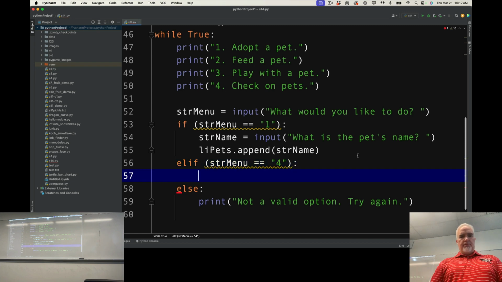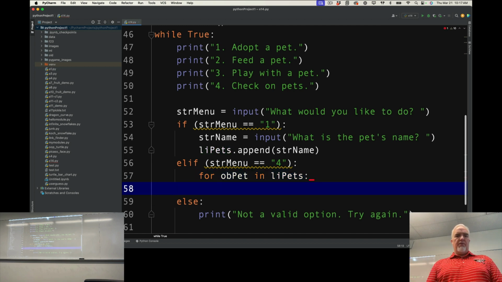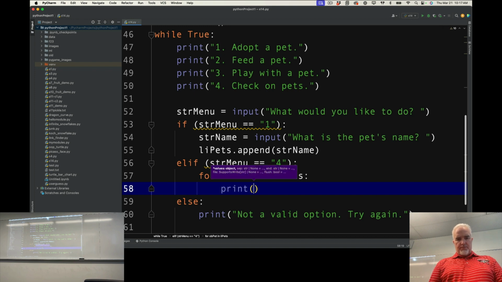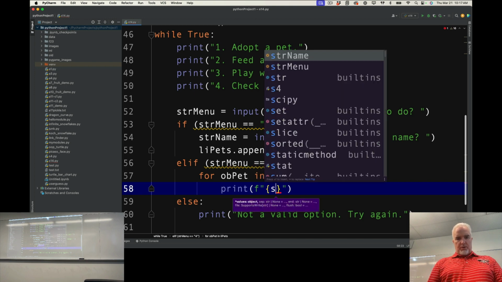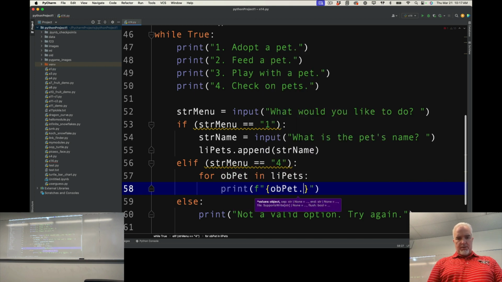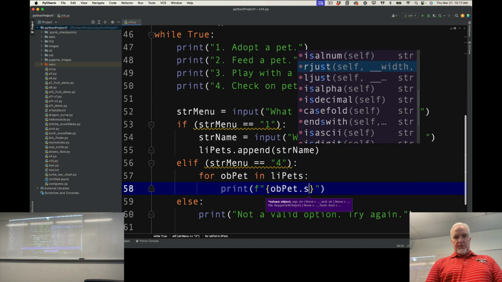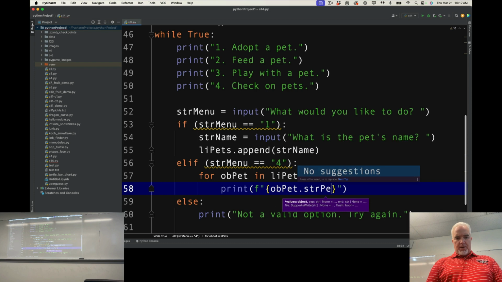All right, so we have for object pet in li pets. So we're going to go through each, when we check on the pets, we're going to just sort of report the status of each one. So print f string, we're going to go ob pet dot str pet name,